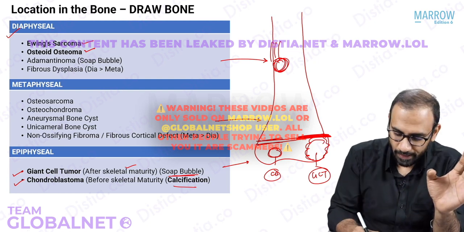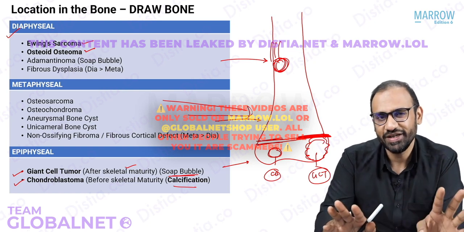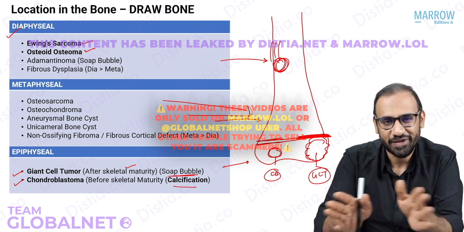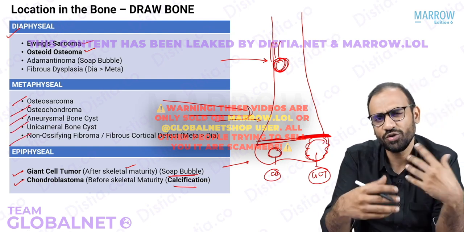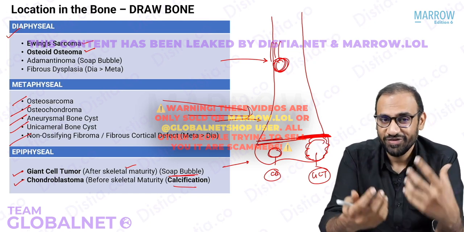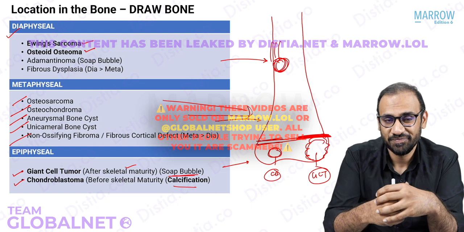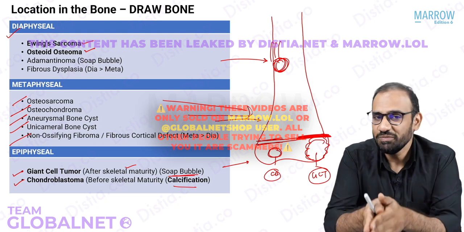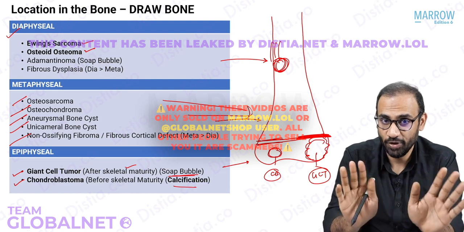Everything else will go to meta. You can try to remember the list if you're a champion, but if you can't, it's okay. Please understand this: 2 in the epiphysis, 2 in the diaphysis, everything else will go to the metaphysis. Everything: osteosarcoma, osteochondroma, aneurysmal bone cyst, simple bone cyst, non-ossifying fibroma, chondrosarcoma, and chondroma, whatever. And you also know the reason, because the metaphysis is more vascular. Infections occur in the metaphysis. Bone tumors occur in the metaphysis. So that is the logic behind it. So 2 epiphyseal, 2 diaphyseal, everything else goes to metaphysis. This way you will be able to pick the right answer. Okay, so far so good.